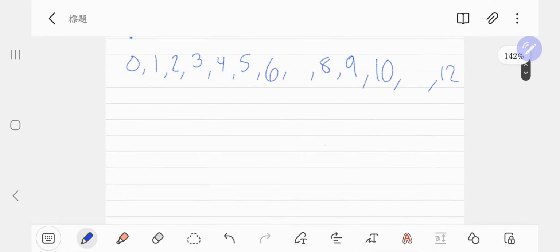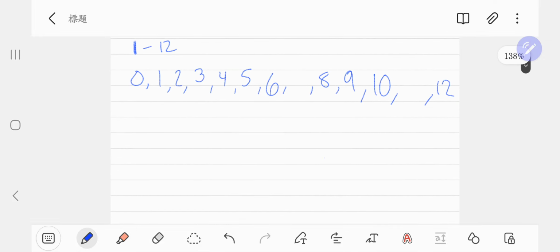Alright, so that leaves us with 7 and 11. 7, 11. Alright. The 11th rule isn't too bad. It's just a little strange. So the 11th rule is it's either 0 or divisible by 11. So let's take, for example,